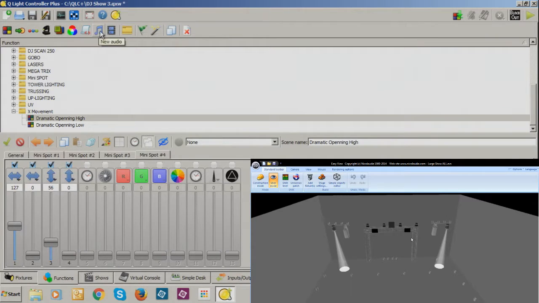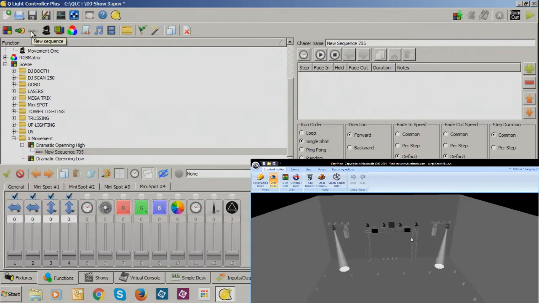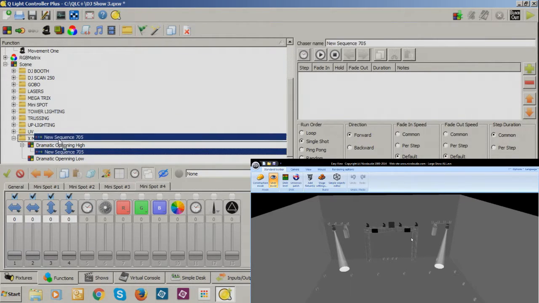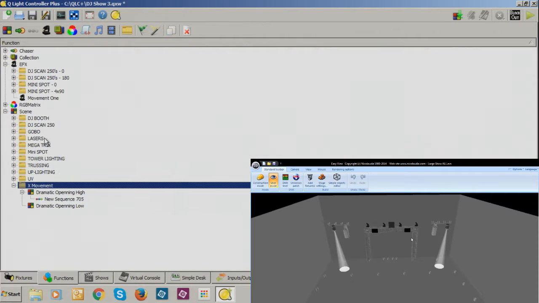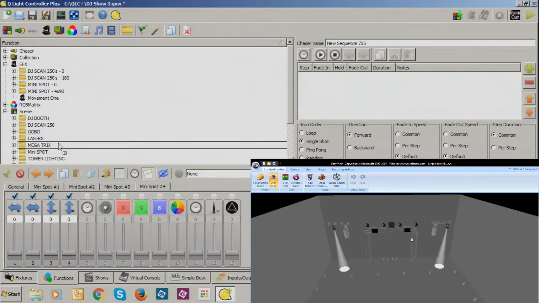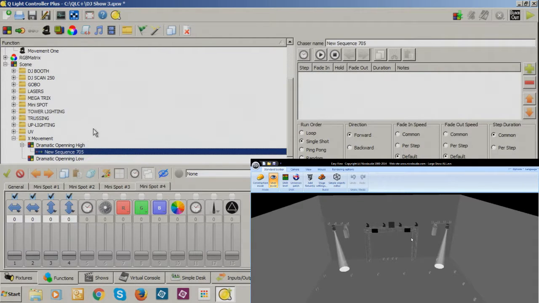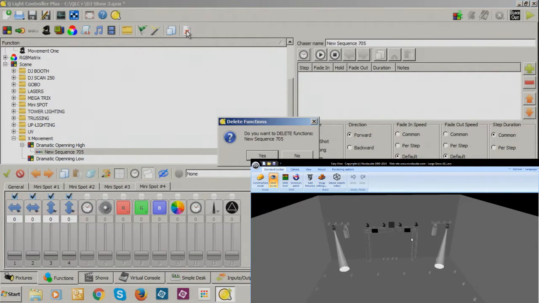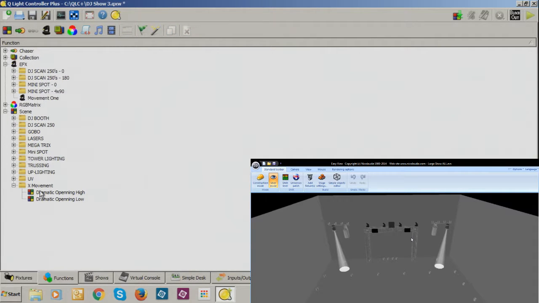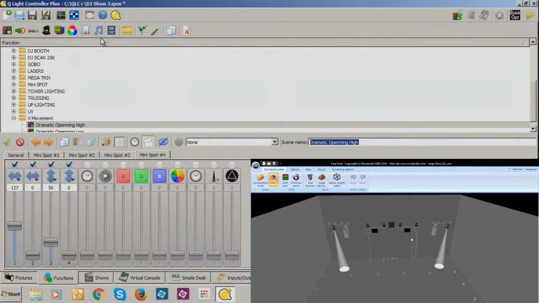So now what we do is we're going to do a new sequence. So we come in here to our sequence, and we're going to put it in our X movements folder. So instead of it being under the one that it's in, we got to move it. We got to get it up a level. All right, so it's not wanting to go where I want. So we're going to X out of that. So now we're going to click on our,